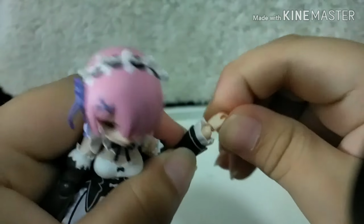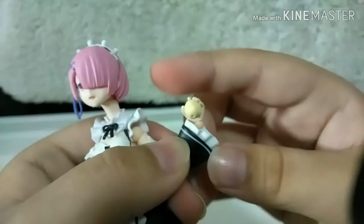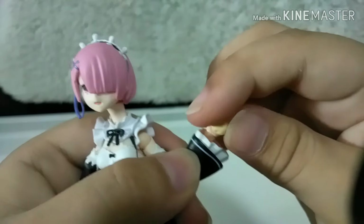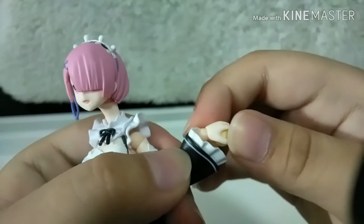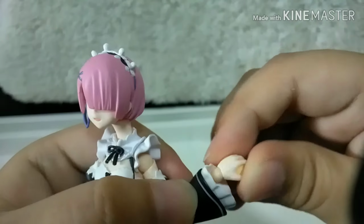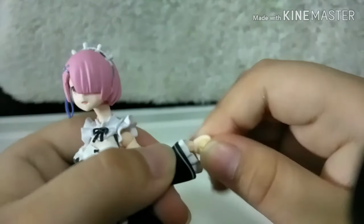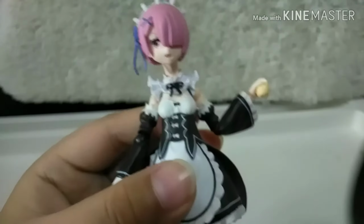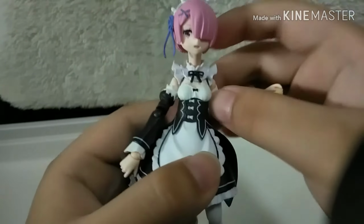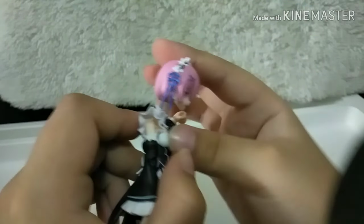So for the wrist articulation, there's this swivel and a hinge, swivel here, a hinge, and another swivel. Like, yeah, it's a bit hard to show it, but yeah. Now at the chest here, there's a ball joint which allows it to go up that far and down that far, and